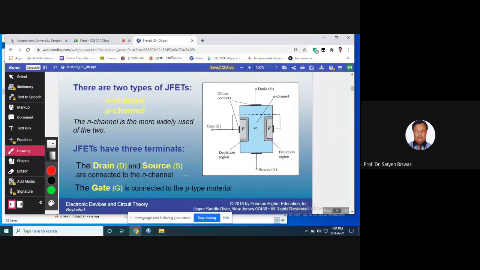But the names are different. The names you already learned: base, emitter, collector for the BJT, but here they are different. Here the names are source, drain, and gate. Actually, source is equivalent to the emitter in the case of BJT, and drain is very similar to the collector, because